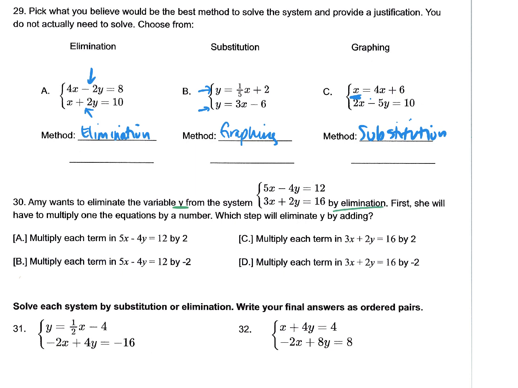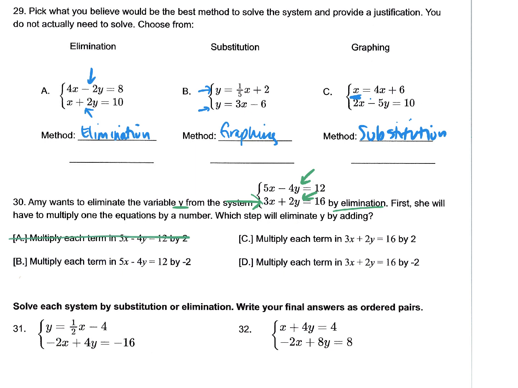First, you will have to multiply one of the equations by a number. Which step will eliminate y by adding? That means your y values have to be exactly the same. The difference between these is that we have a -4y, and then the second one is a +2y. So there is a difference of a multiple of 2 between those. So you're going to have to take the second equation and multiply it by something, which means we can eliminate